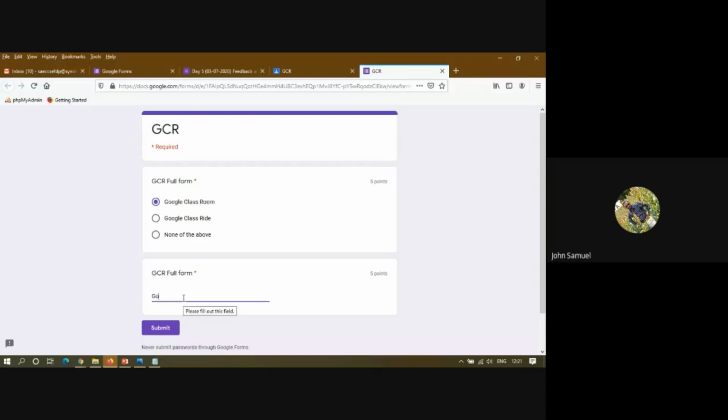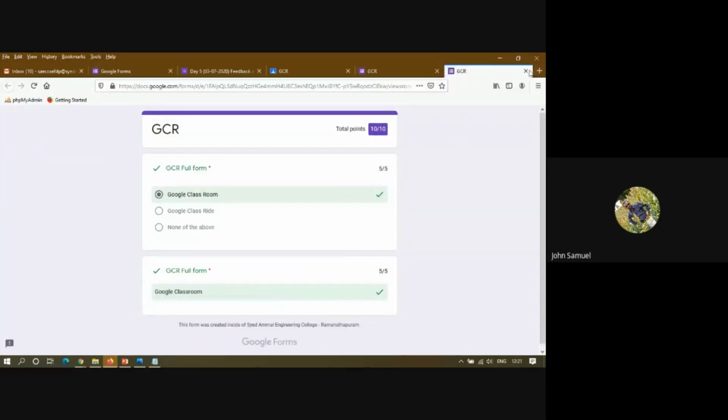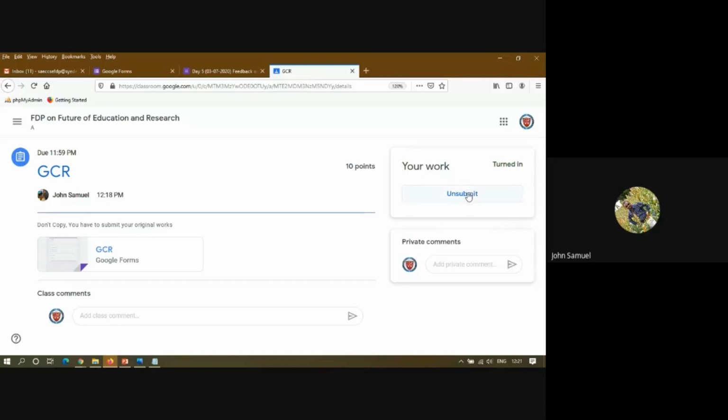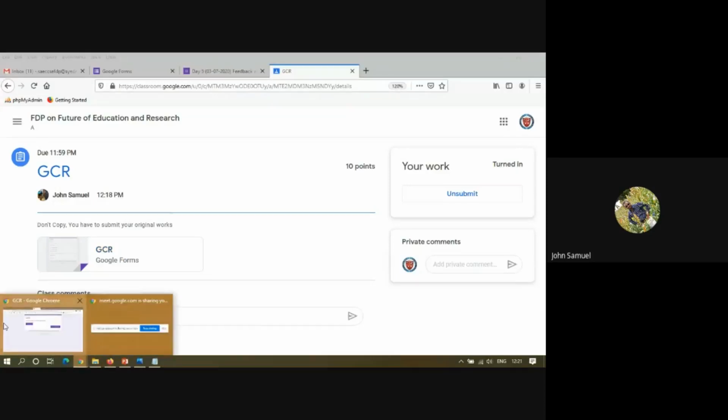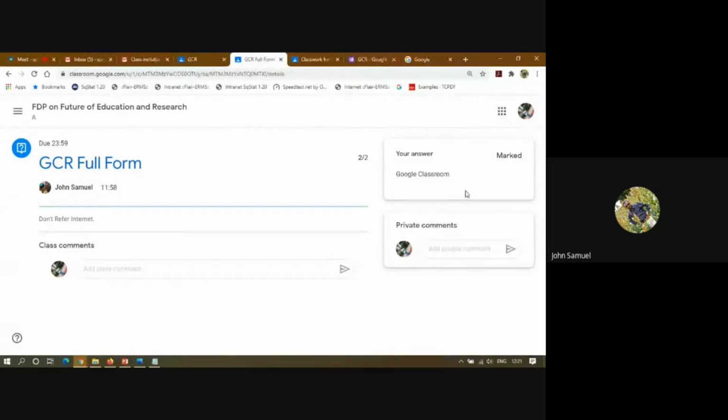Okay, and for one more student, I am submitting. Google Classroom. So here I am giving 10 points. Here the students can see, because yesterday Ravindran sir told you can turn off the score also, right? If you turn off the score, they may not be able to view that. Right now I have done that assignment. Here it is not stopped, so you have to submit it. Otherwise you can upload the originality document and then submit it, right?